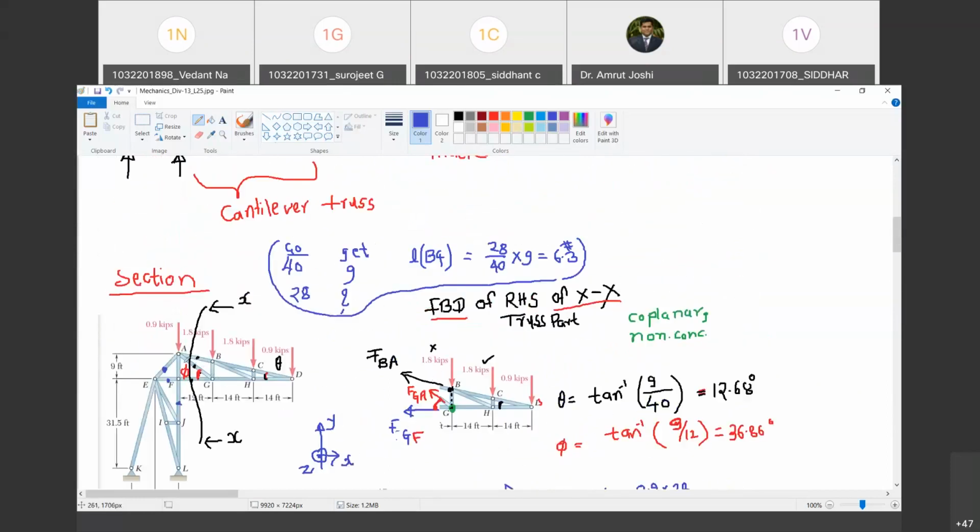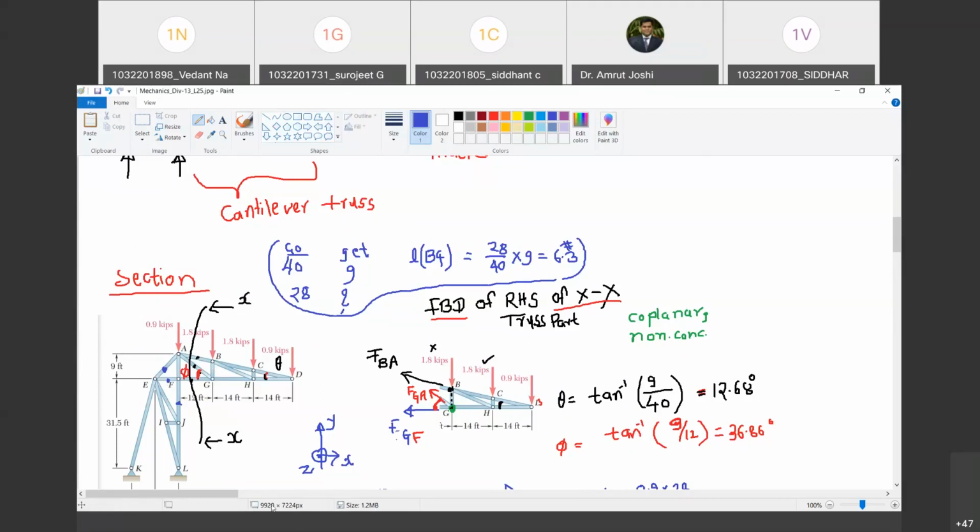Now pay attention here. There is a check whether our answer is correct or not. What kind of check? Just look. Imagine that you support your elbow on a tabletop and let your remaining part of the hand be free and apply a force at the free end acting downward. So you will imagine that the bottom part of your hand will feel compression in bending and the top part is going to feel tension. Are you with me? Yes, sir.